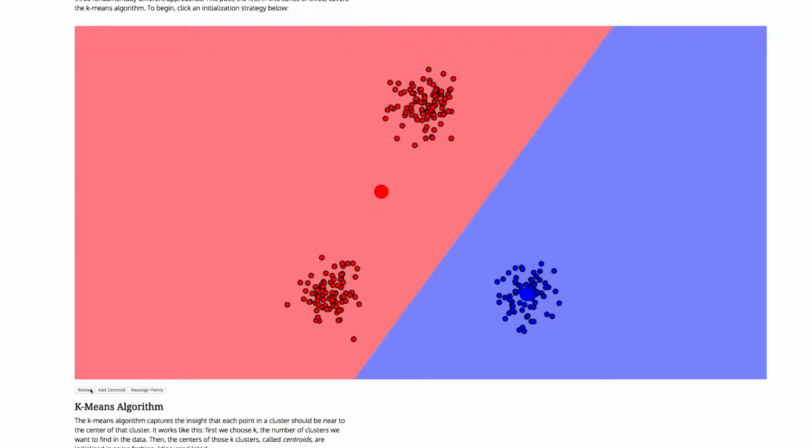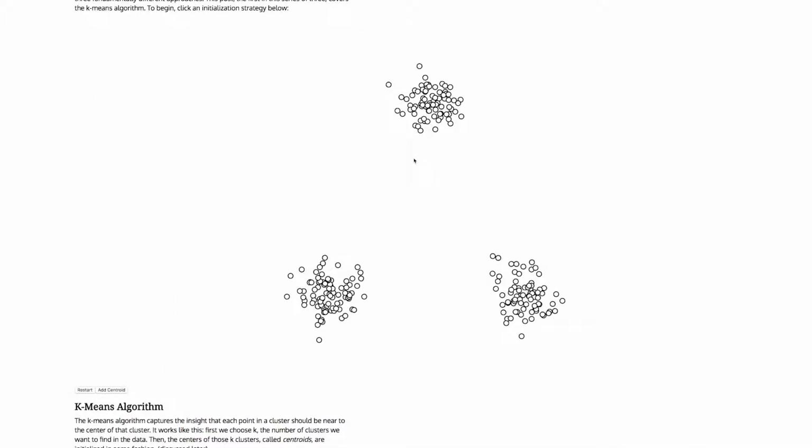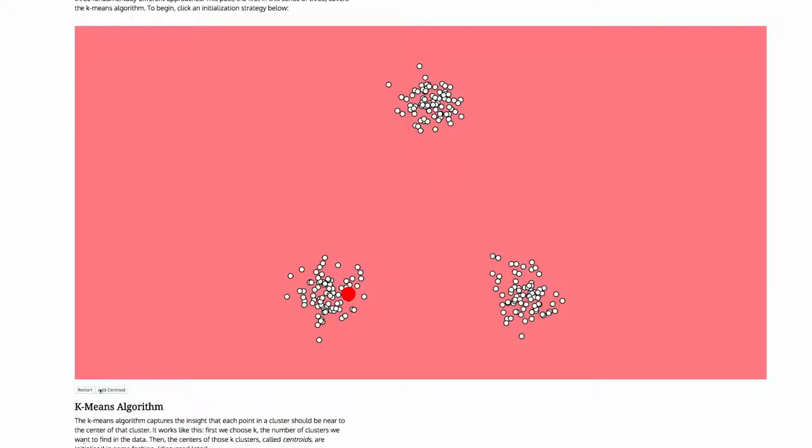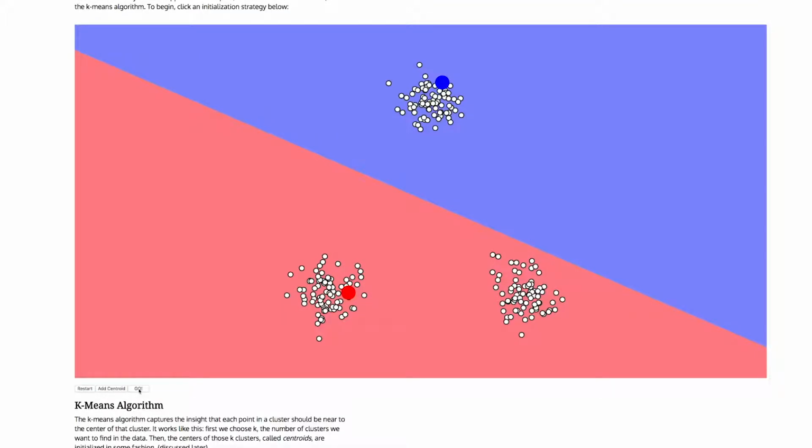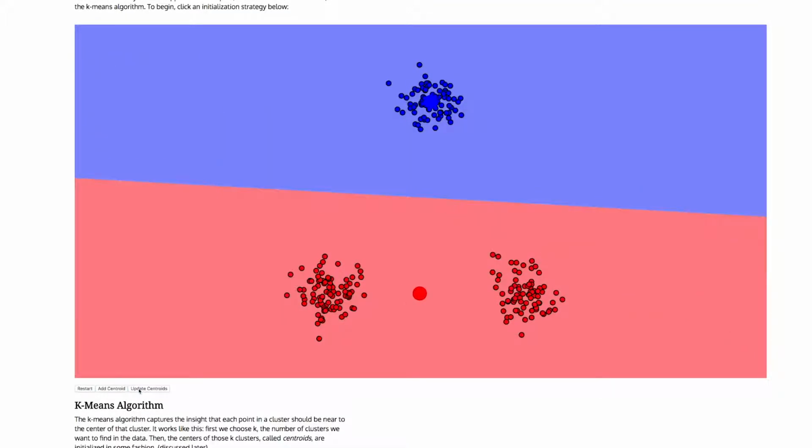But then if we restart and we have that exact same set of data, and maybe we put 1 here, we add a centroid down here, and we add a centroid up here, now running the algorithm shows that we get a different grouping. So it's not the case that the groupings will always end up the same. And which grouping is actually the best? This is something that we'll explore in the next concepts.